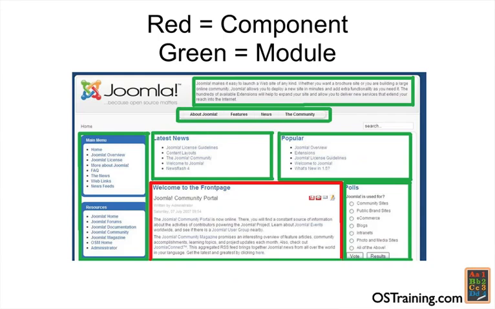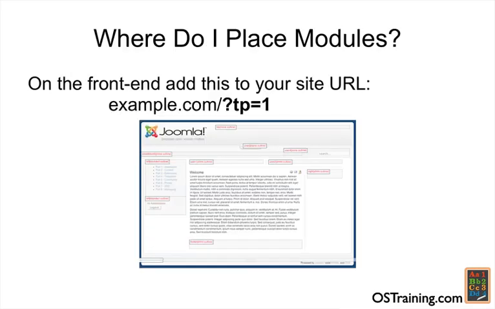As you might recall from earlier sessions, the component is found in one place on any given page, usually in the middle. Modules are placed around the edges of that component to form out the rest of the page. As you can see from this screen, anything in green is a module position. Module positions on your site can be found by adding ?tp=1 to the front page of your site, as you can see on the sample page from our default Joomla